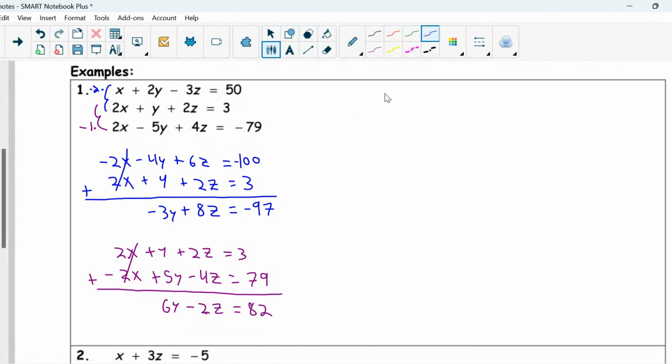So we have our system, which would be negative 3y plus 8z equals negative 97. And then our second equation, 6y minus 2z equals 82. So now that we have our new system, we need to go ahead and use either substitution or elimination. Let's stick with our trend of elimination here,